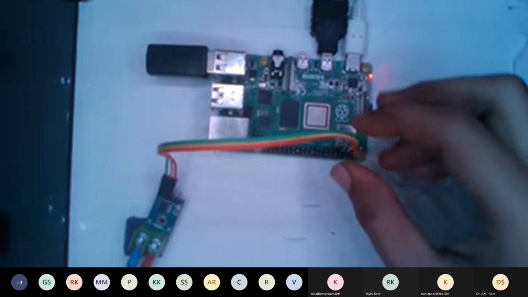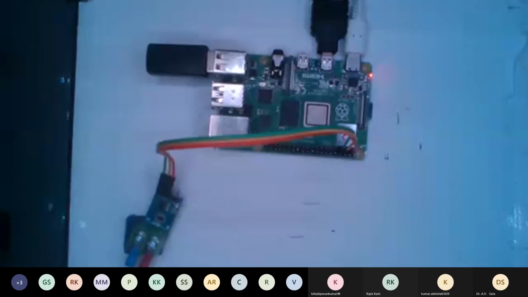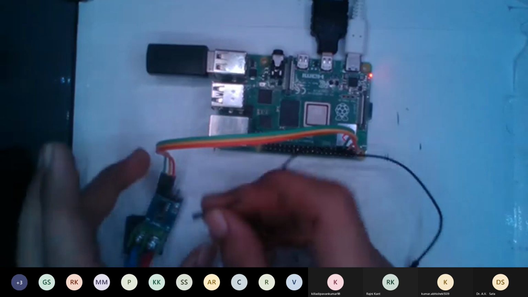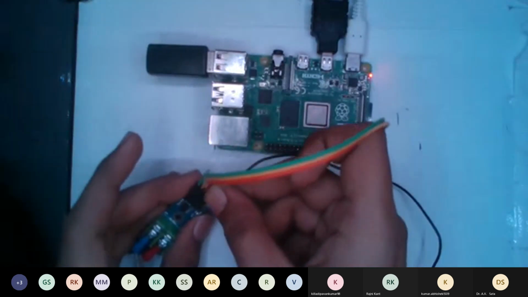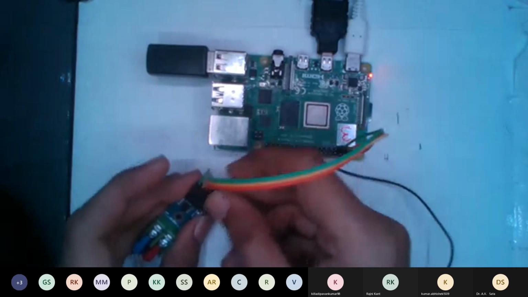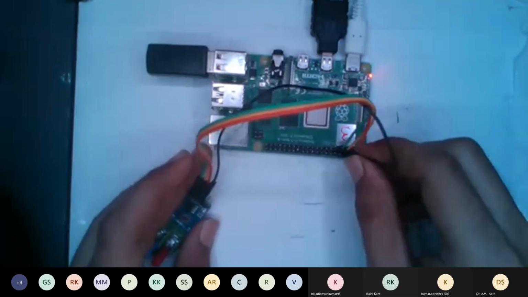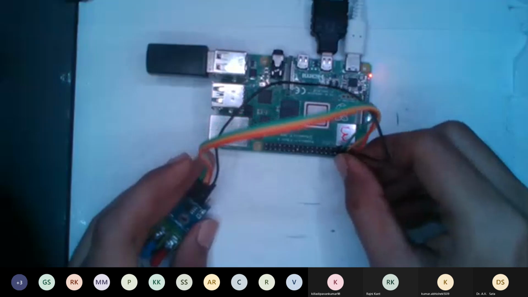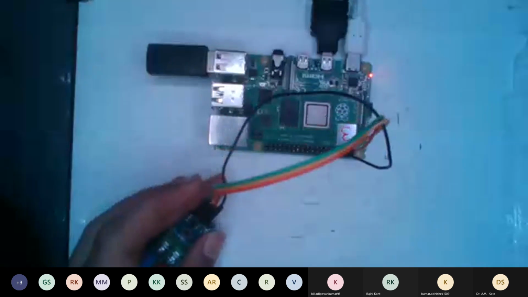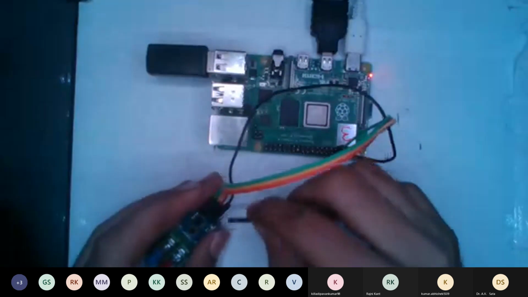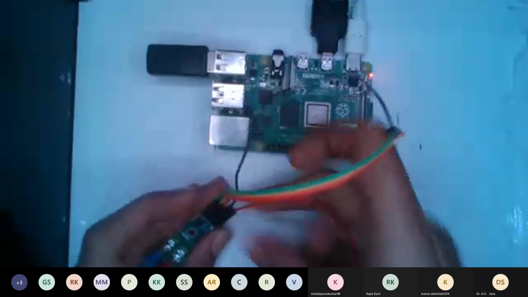We have connected these digital pins with the Raspberry Pi. I will be using a black wire for the ground and a red wire for the VCC pin.